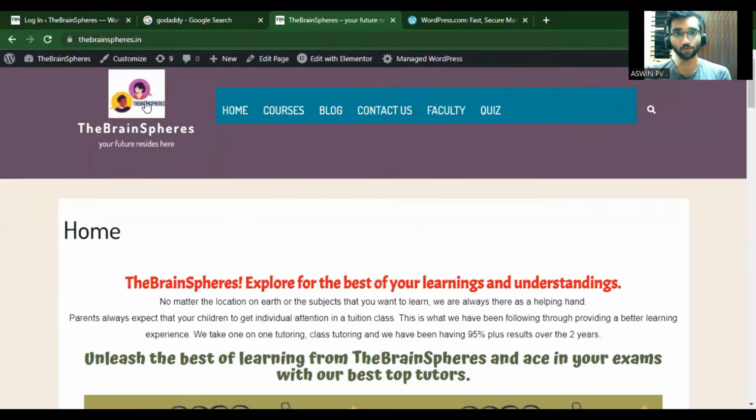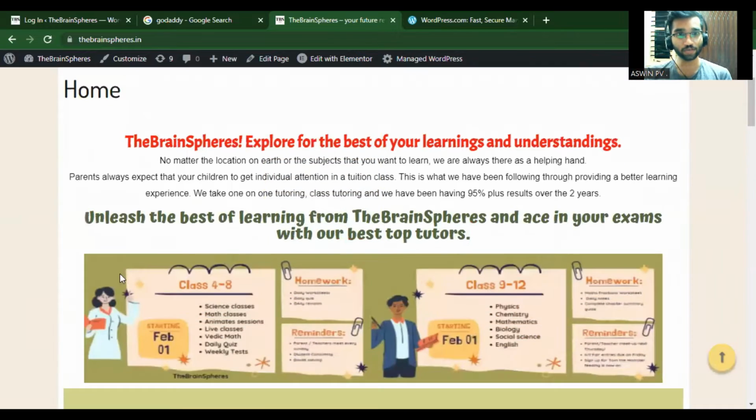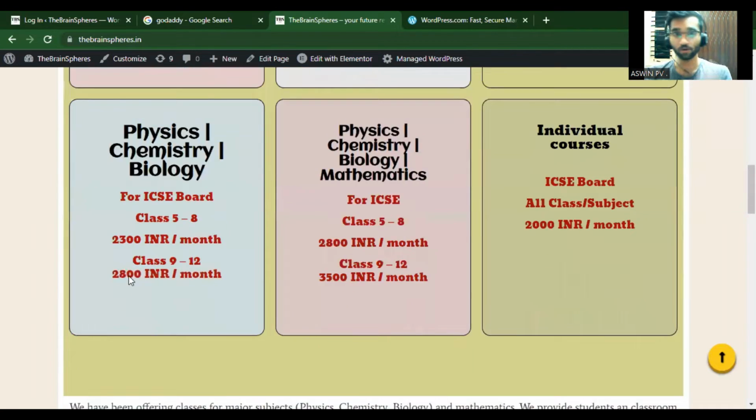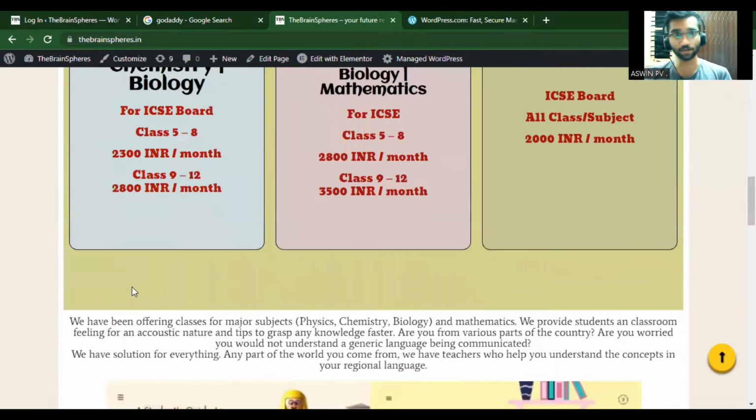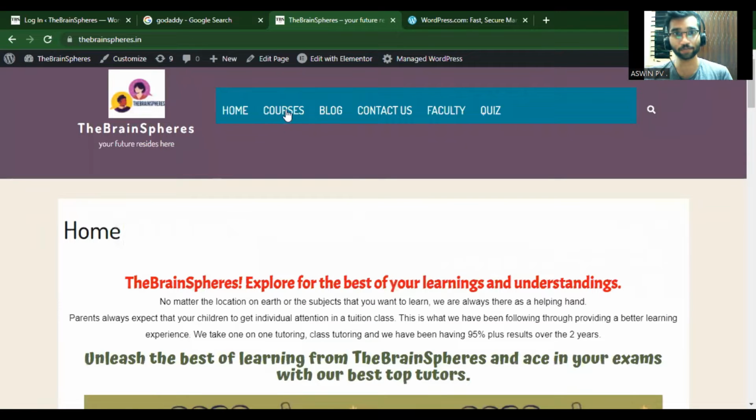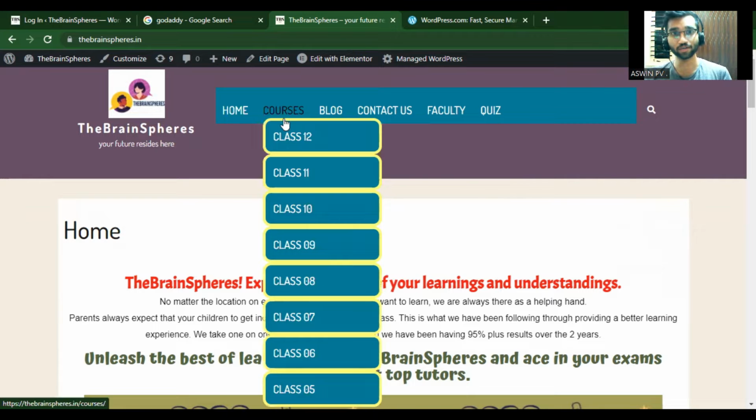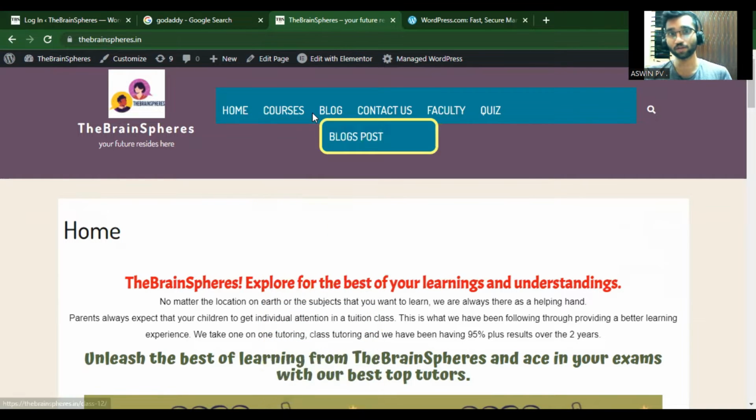So here we have our website, and as you can see, we have a home page. It will have all the details on your homepage, and along with this, you have different tabs over here for the hover. So here, as you can see, this is a normal home, or if I click on courses, there is a kind of drop menu, right? This is called hover. So we have different sections here, or sub tabs in the main tab, or sub menu in the main menu, and we have other menus like blog, contact us, faculty,